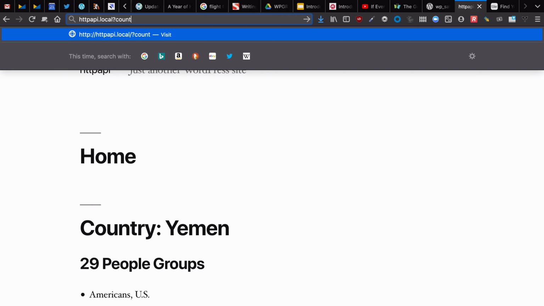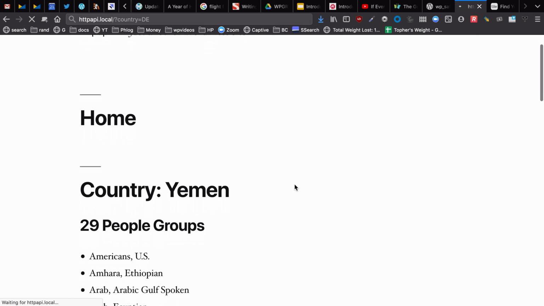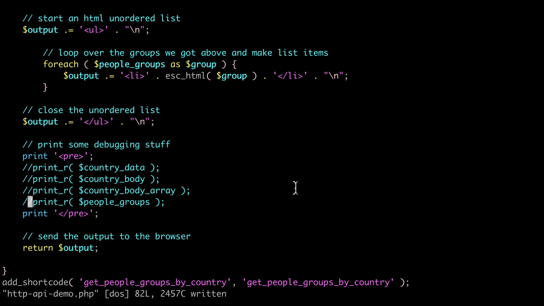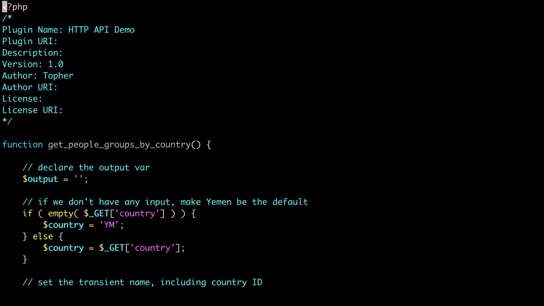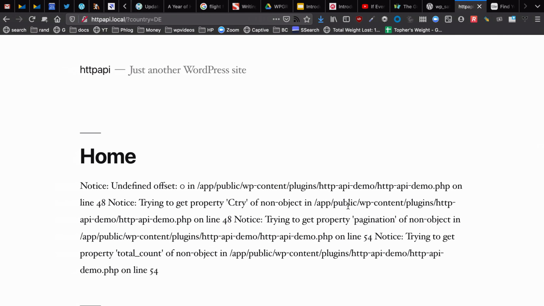What was my variable name? Anybody remember? Country equals, I'm going to guess Germany is DE. Nope, I don't think country was my variable name. Oh, yeah, it is. So I have an error in my code somewhere. Oh, DE is probably not Germany.